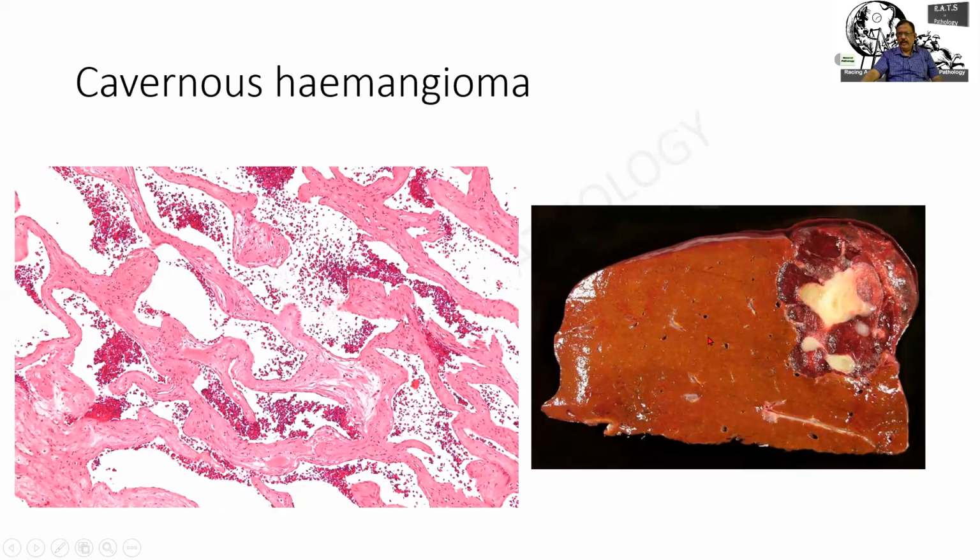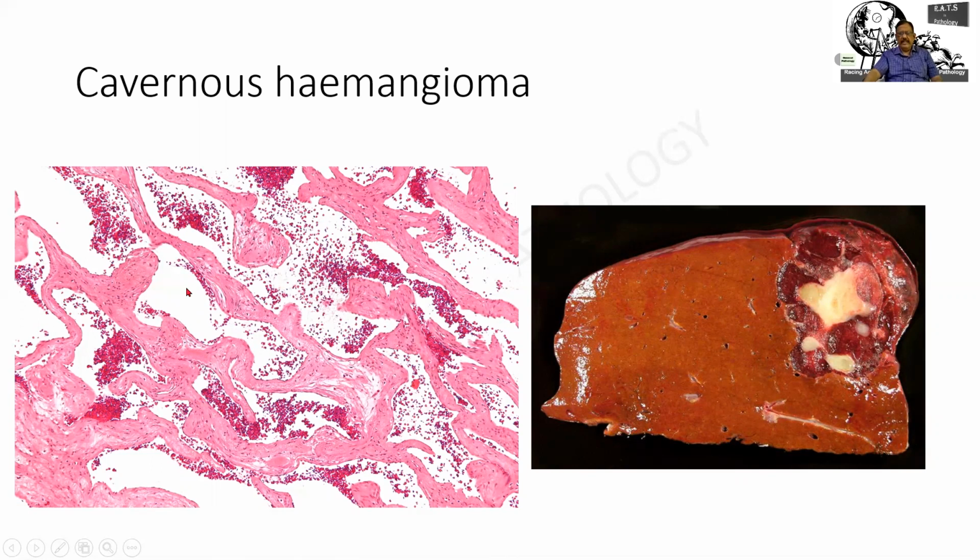Cavernous hemangioma over here, I am finding the beefy red color of the liver, and then a well circumscribed reddish lesion, which is a hemangioma. Here again, the media alone is conspicuous. In some areas, it is incomplete, and these are all the luminal spaces which are interconnected. It is a case of a cavernous hemangioma.